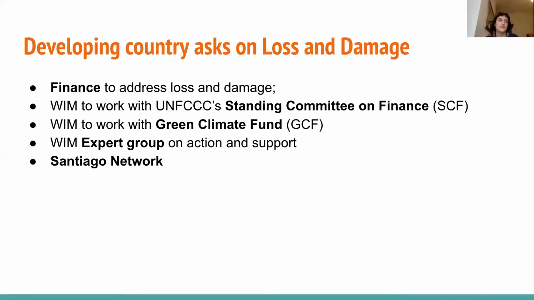They have asked for the Warsaw International Mechanism to work with the UN Climate Change Standing Committee on Finance, which is a finance body, to help them come up with that finance. They've asked the WIM to work with the Green Climate Fund, which is a major fund channeling funds from developed countries to developing countries,